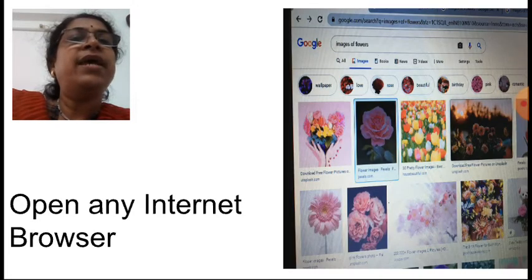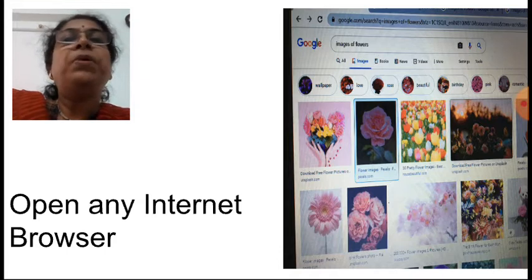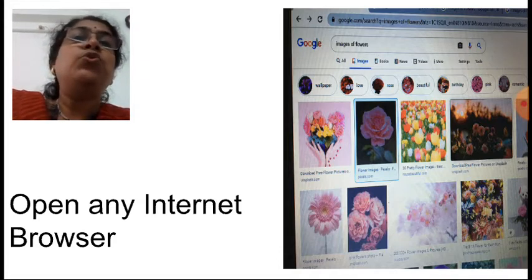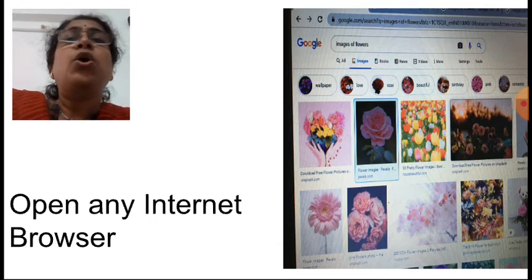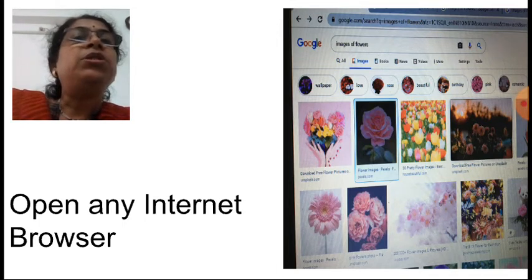Now what is next? Now we have to open any internet browser. You open any internet browser, that is Google, or Microsoft Bing, or you open Internet Explorer. Okay, anyone you can open, and in the address bar you type images of flowers. So many images you will get, and the images option, see here,